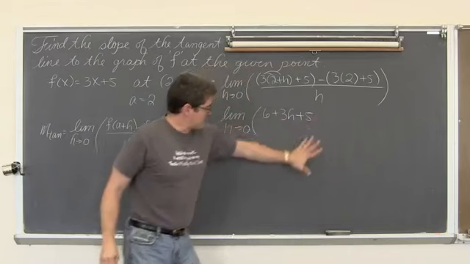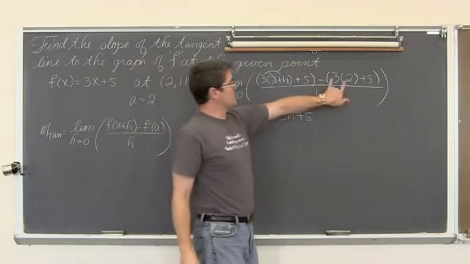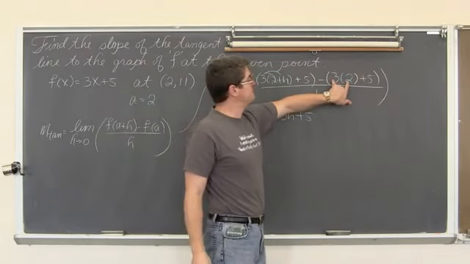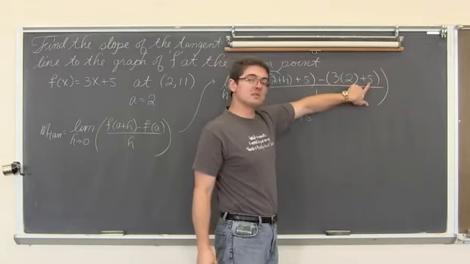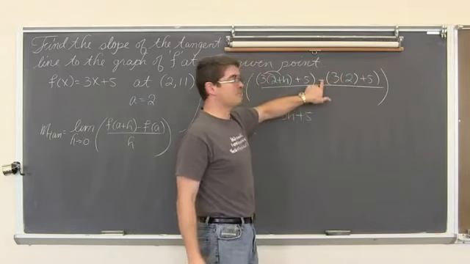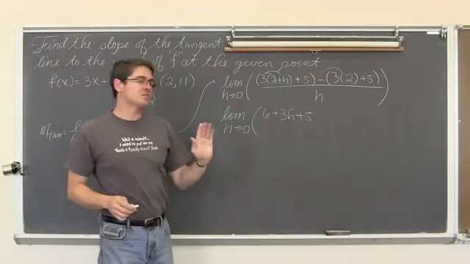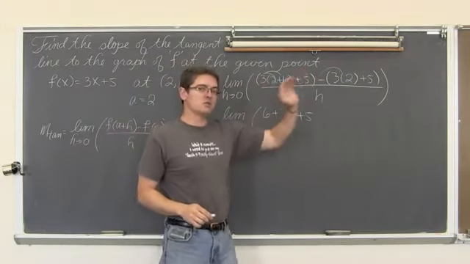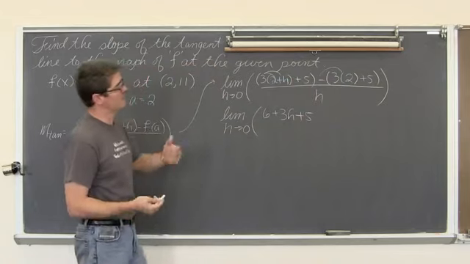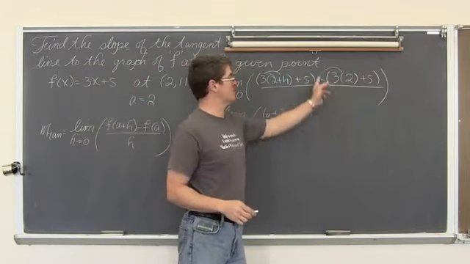I'm going to do a couple of steps here because I don't have a ton of room. I want to do 3 times 2 is 6, and 6 plus 5 is 11. And then we still have that minus. There might be some problems where you have to actually pay attention to that minus sign and get it distributed through the second set of parentheses. But here we have 6 and 5 is 11. So minus 11